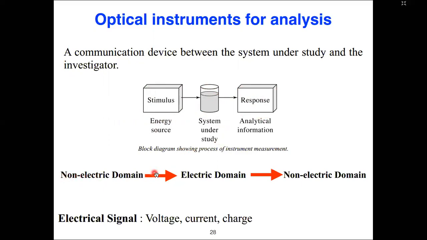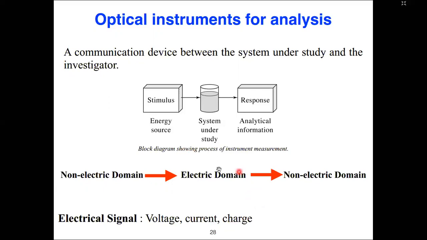So first you have non-electrical information. The domain is the information. Initially you have non-electrical information, and then the instrument converts it into electrical information. However, when it gives us the information, it is again non-electrical. For example, we have a sample which is non-electrical, right? We put that sample in the system. Then the instrument converts the information in the sample into electrical information, like voltage, current, or